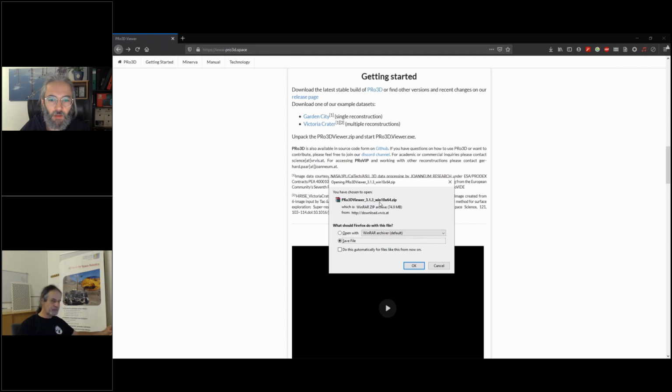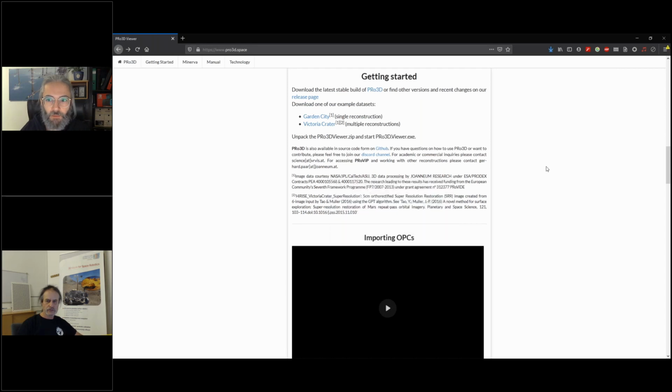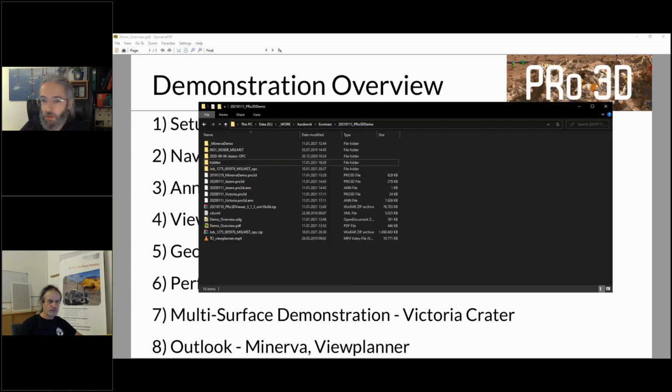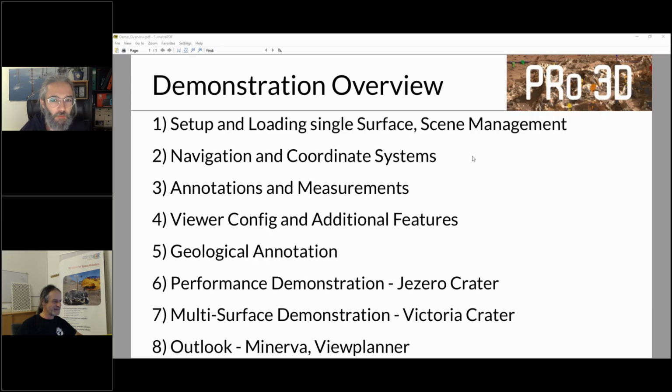It will tell you the platform and the current version. It will always link to the latest available stable version. And we just downloaded it here. And I also provided some overview before we go into more detail, as I will cover a lot of topics in this demonstration. So here's an overview slide that will tell you about how to download and set up Pro3D, how to manage